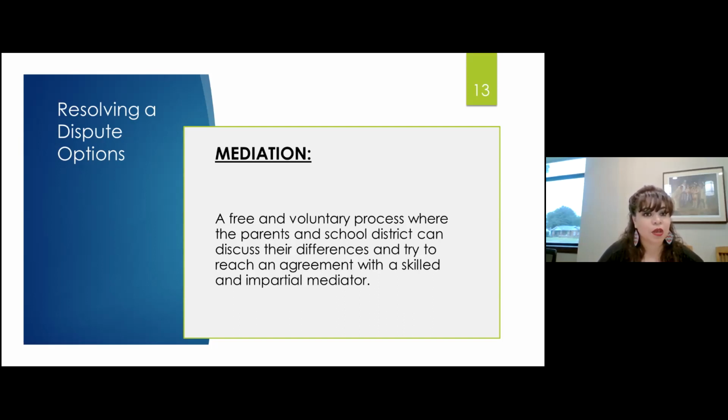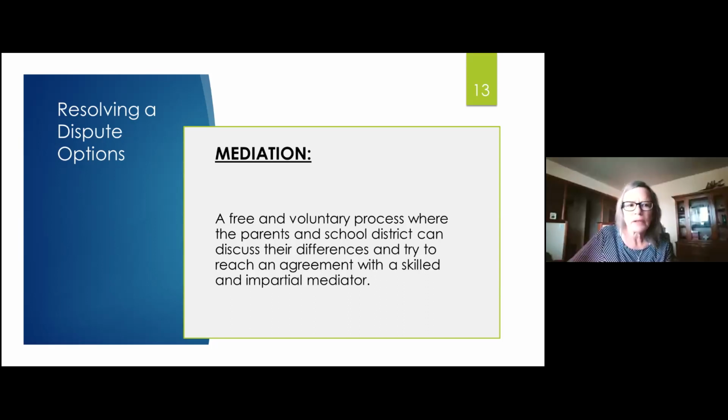Ellen, is there anything additional that we could add here? Just that mediation, keep in mind, if you are going to choose mediation as an option to resolve a dispute, you do have to come to the table with an open mind. Both parties need to come to the table with an open mind to collectively work together. And then if an agreement is reached, then it is a legal binding agreement and must be adhered to through the process.